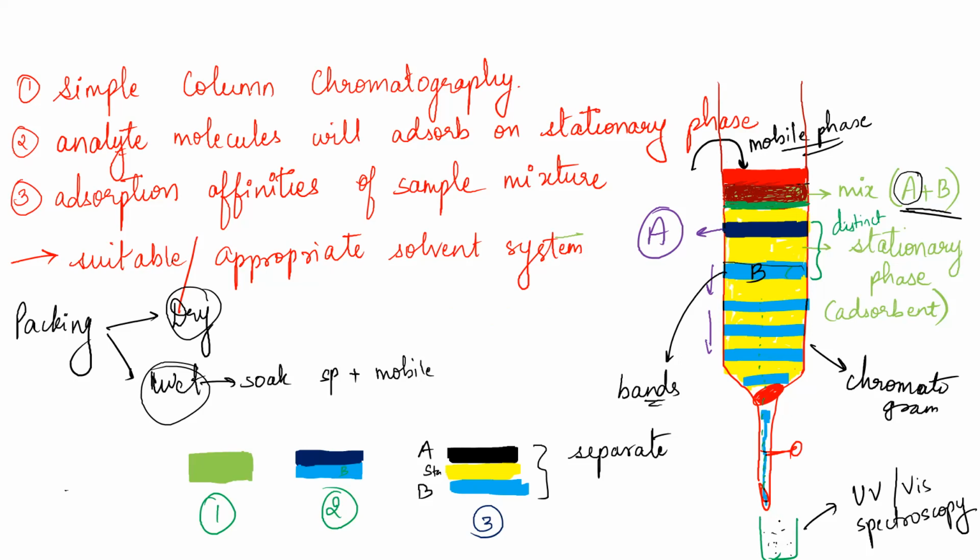If this analyte can only be seen, say, at 290 nanometer, then you will have to set the wavelength at 290 nanometer, which is a UV, and then you will get some reading. And if you get a satisfactory reading, it means that your analyte is there in the fractions. Okay, so now when we see how we go about the stationary and the mobile phase,